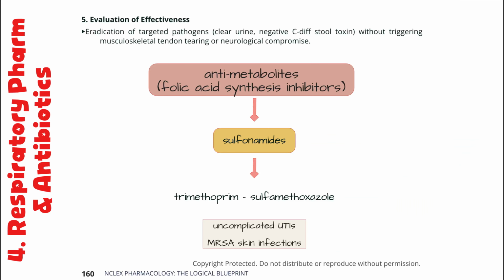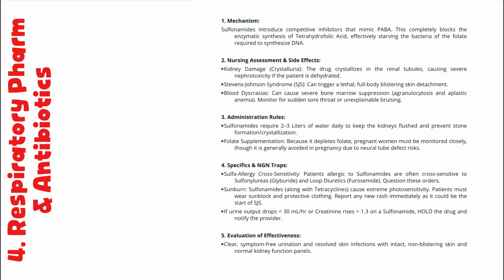Sulfonamides starve bacteria of folic acid. Watch for crystalluria in a dehydrated patient. Push 2 to 3 liters of fluid daily. The real danger is Stevens-Johnson syndrome, a red-purple rash involving the mucous membranes, like the lips or inside the mouth, is not a mild sensitivity. Stop the drug immediately and isolate the patient. Also watch for sulfa cross-sensitivity. Patients allergic to sulfonamides can react to sulfonylureas like glyburide and to loop diuretics like furosemide, so question those orders